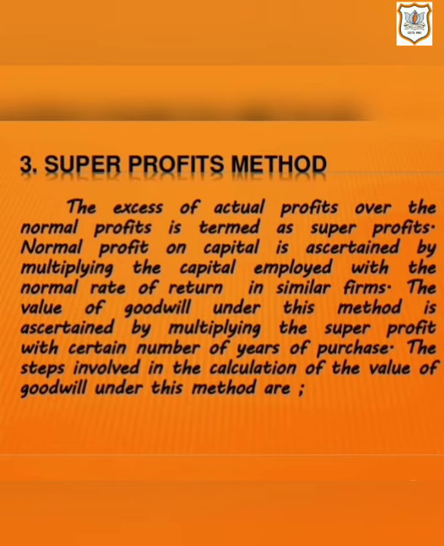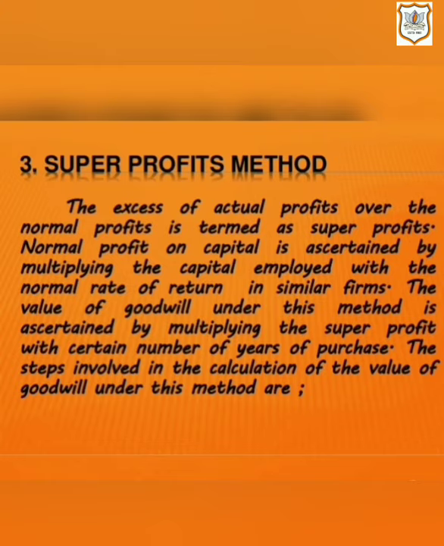Now let us understand what the super profit method is. Here it is assumed that if a business earns super profit, it has goodwill, otherwise not. As we all know, capital employed in a business yields a profit. But here capital employed means capital invested in a business. But some of the enterprises will earn more profit while others will earn less profit on the capital employed. When a similar type of business earns profit as a certain percentage of the capital employed, it is called normal